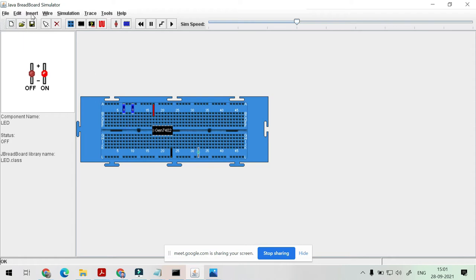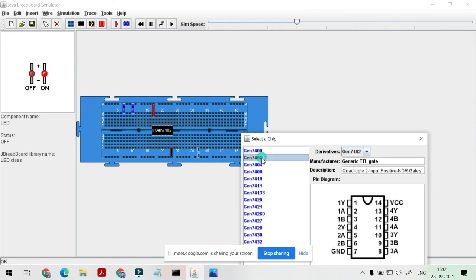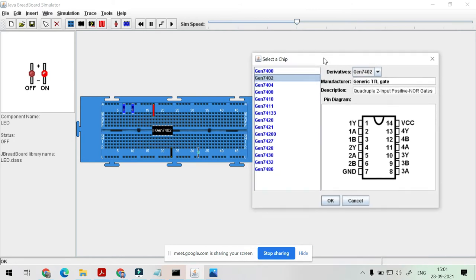After this, see the circuit diagram. In this, see our pin number 1, this is the output pin. It means from here we have to insert a wire at pin number 1. So pin number 1 will be connected to the LED.